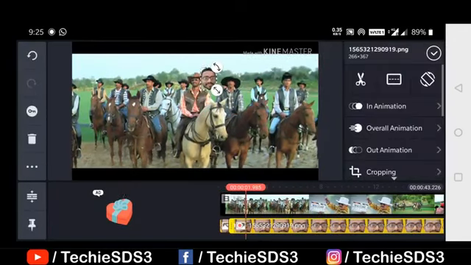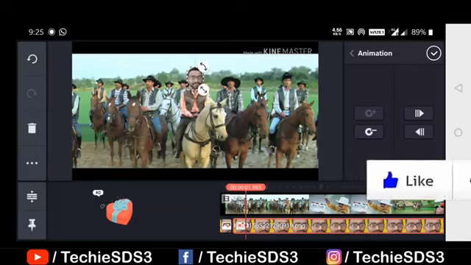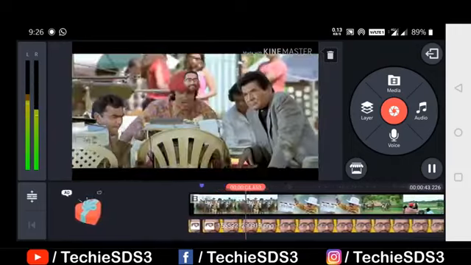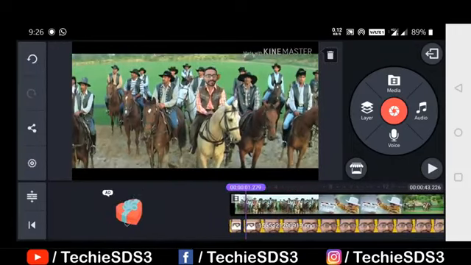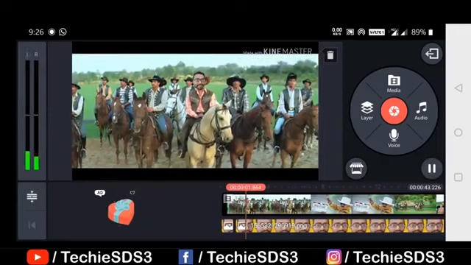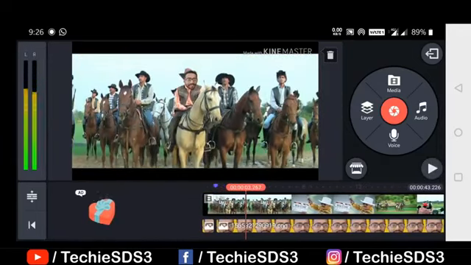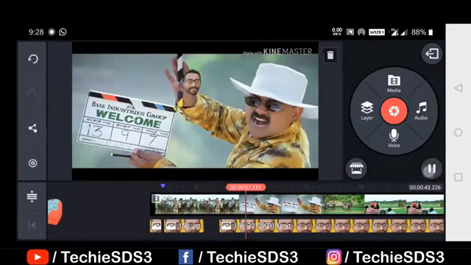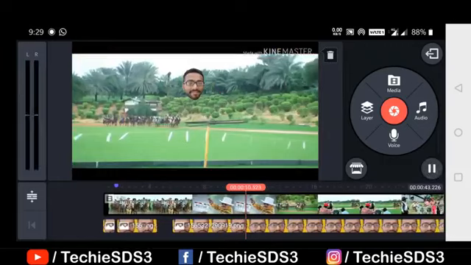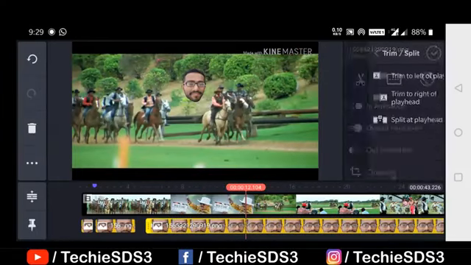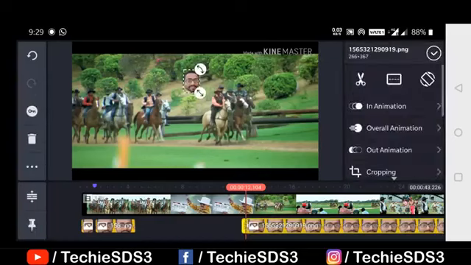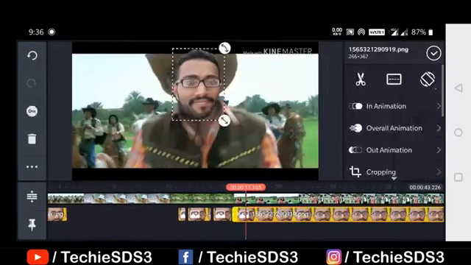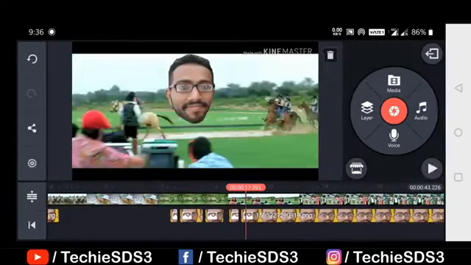Then here the scene ends. Then this is the second scene. So here also edit like this as you can see. The camera is moving downwards, so you have to move your second image upward to match with the face. So that work you have to do here. So like this, guys, manage all the scenes here. Use the key button to adjust the animations, and you can trim out the unwanted scenes like this. Whenever Nana Patekar's face is not there in the scene, you can trim the second image. So like this you have to use the KineMaster tool to adjust the face according to the background scene.